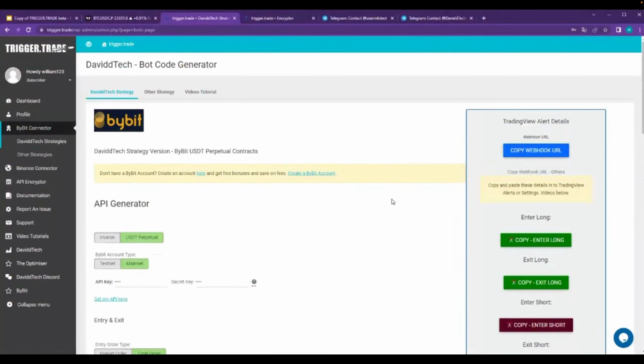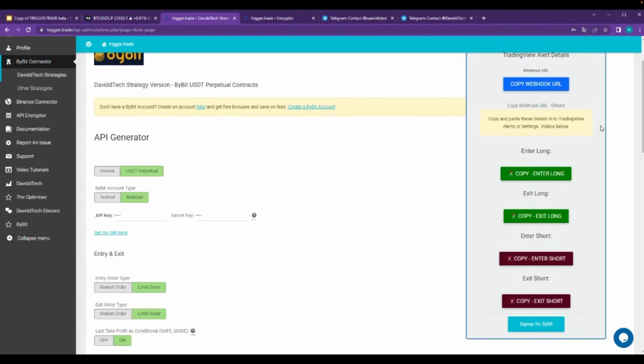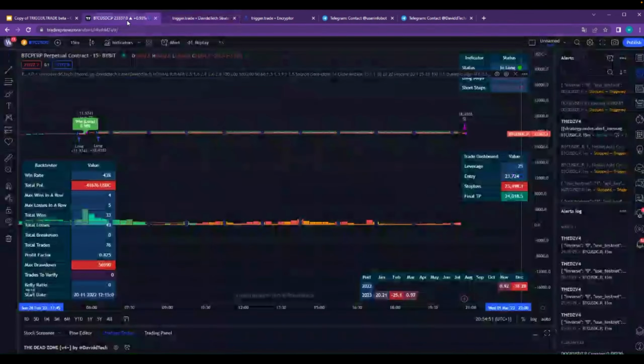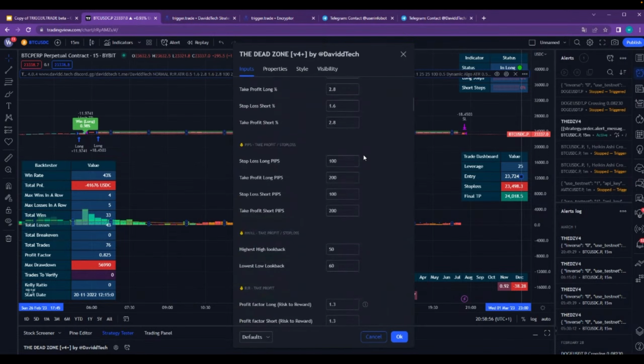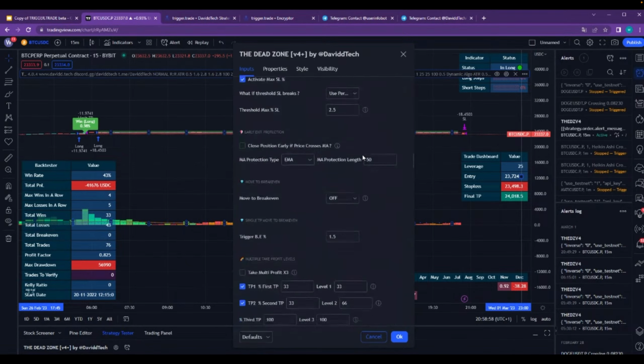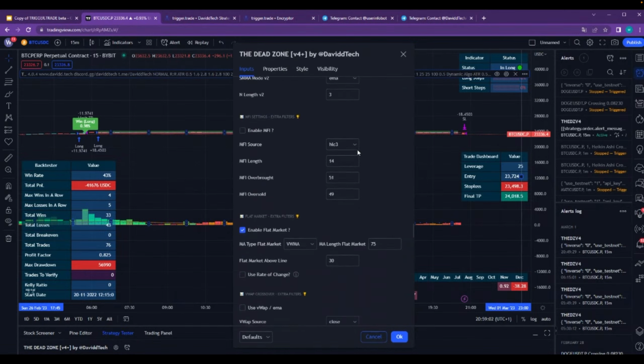And now we're going to go back up to this area here, and on the right, which I didn't say earlier, you have a few little buttons which we're going to be using now inside of TradingView. So we're going to copy our alert, open up our indicator, and scroll down to the bottom, keep on going as far down as possible,